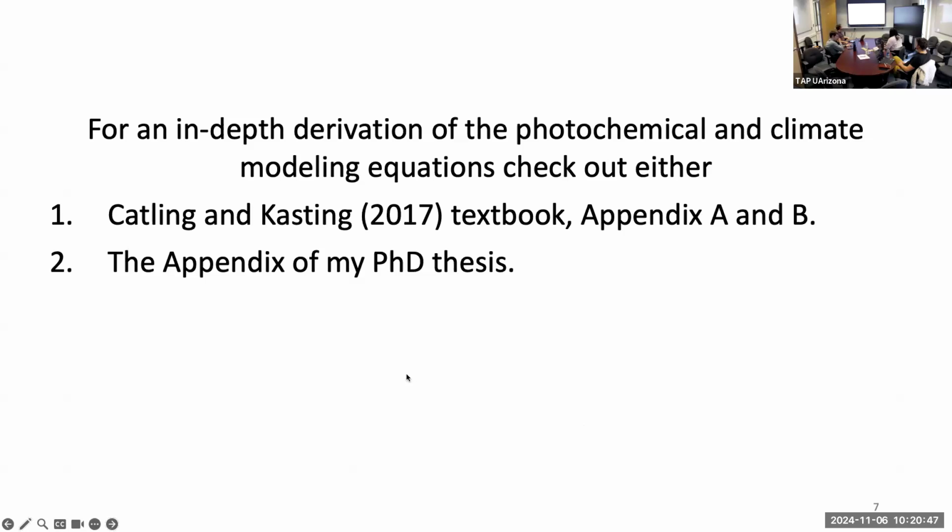Obviously, like with any system of PDEs, to solve these equations in computers, you need to discretize them using methods like the finite volume method or finite differences, and those details are in